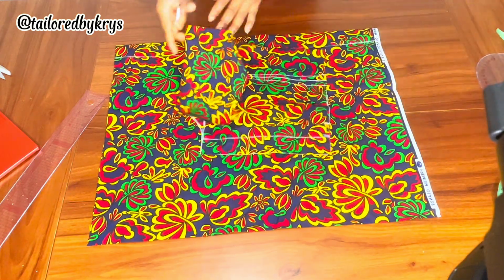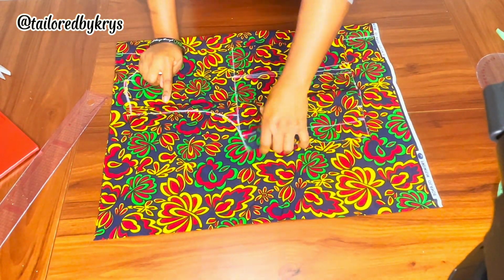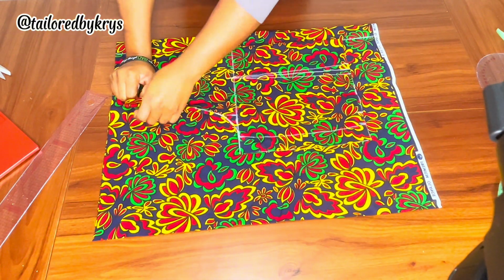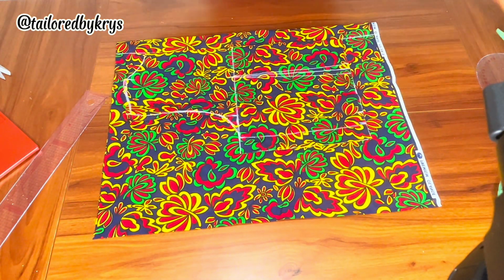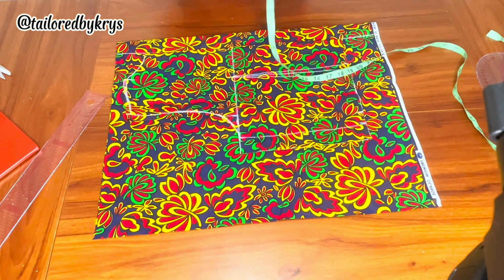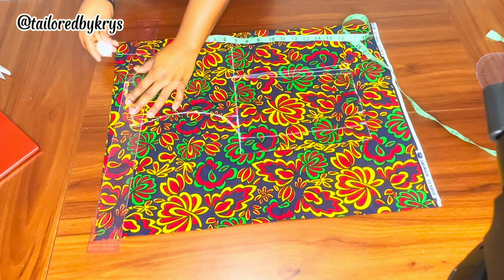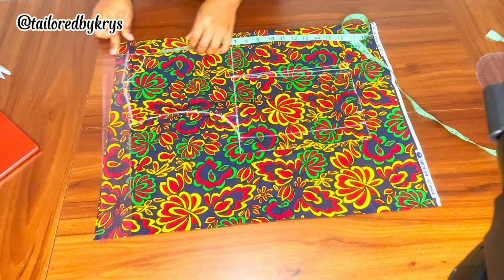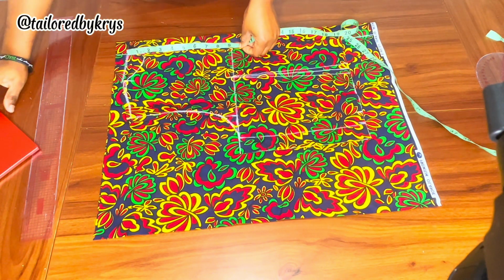Okay, so for the front, you're going to use a fabric that is a little bit longer than the back because of the shape that we have at the front of the fabric. So what I'm doing right now is to just use the back to cut out the front. From the folded parts, you're going to come in by 1 inch for our zip, because this waistcoat has a zipper at the front. So you're going to come in by 1 inch, and from that 1 inch, that is where you place the back part